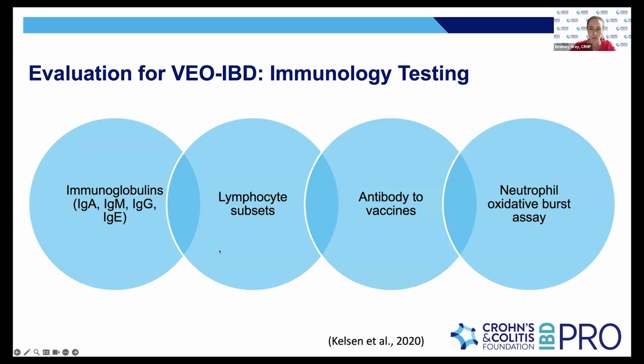And I think the other thing to note with this is that this testing is ideal to be done before therapy is started because, as you all are well aware, a lot of our treatments affect the immune system, and that can affect these results. So even just something to think about. I think more recently I've seen several teenagers and young adults that were diagnosed in that very early onset time frame, and they never had any of that testing done because it wasn't routine at the time. And so trying to go back and do some of this evaluation just to make sure we're not missing something if someone's had more of a rougher course, it can be a little hard to interpret.